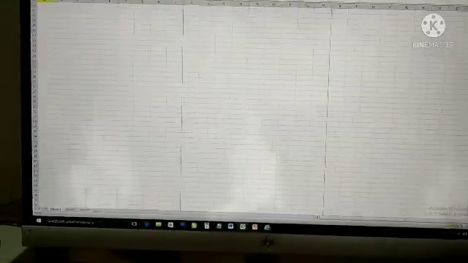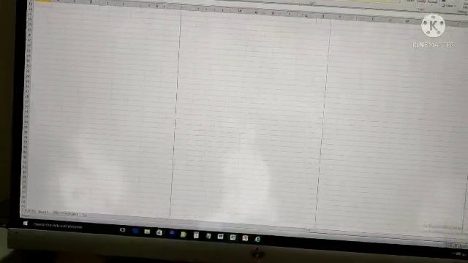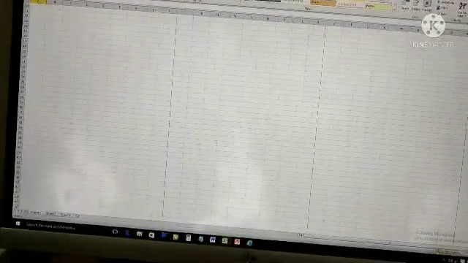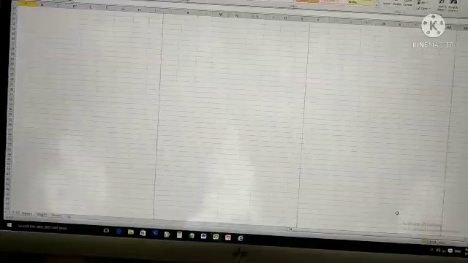Now we learn what a workbook and worksheet are in MS Excel. An Excel file is called a workbook. If there is more than one sheet in Excel, that collection of sheets is known as a workbook. A workbook is a collection of worksheets.